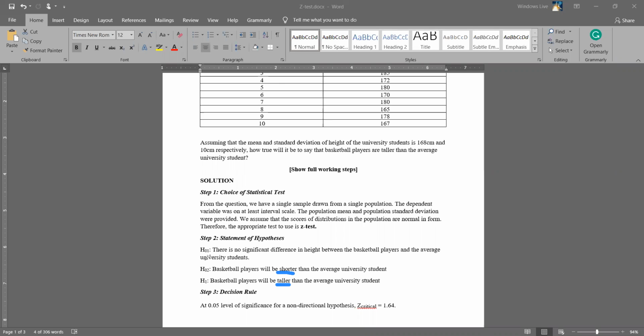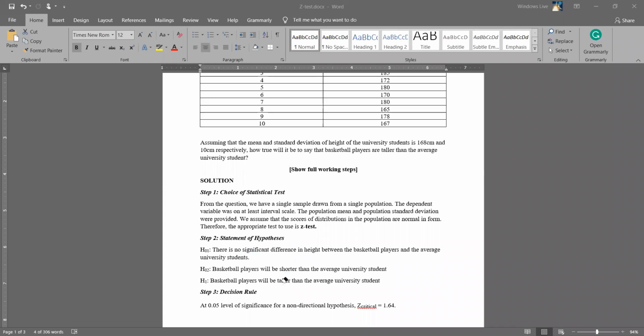Another hypothesis we can generate from this is that among the two groups, they will be equal. That's basketball players and university students. Their height will be the same. So putting it in statement form, this is how you do it. The moment you say there will be no significant difference in their height, when you say there will be no difference, then you are telling your reader that no one will be greater than or less than. So it means they will be the same in terms of height. So that's how you put it